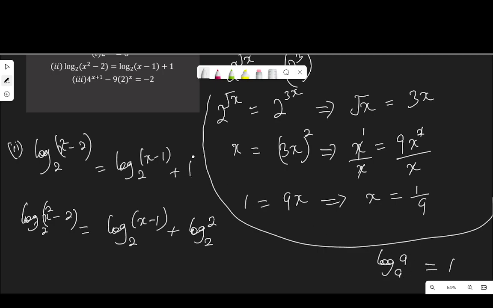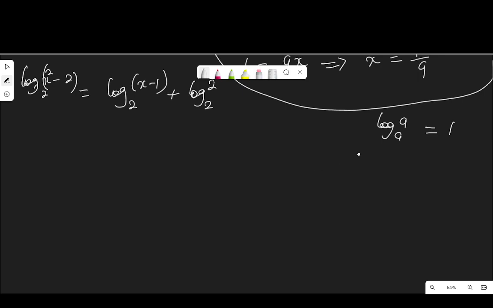So since we have 1 here, to turn this 1 to a logarithm in base 2, it will be log 2 to base 2. Now, if I apply the law of logarithm that says log p to base a plus log q to base a is log p times q to base a,